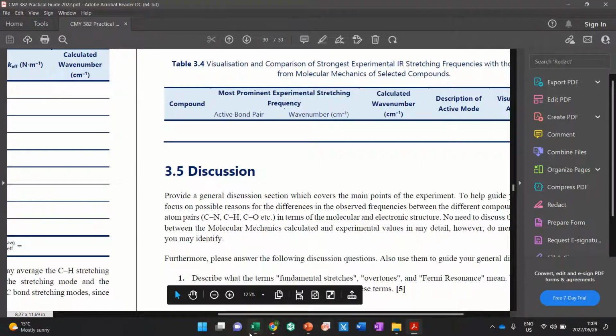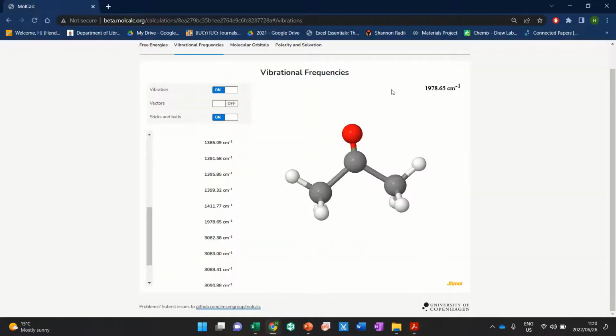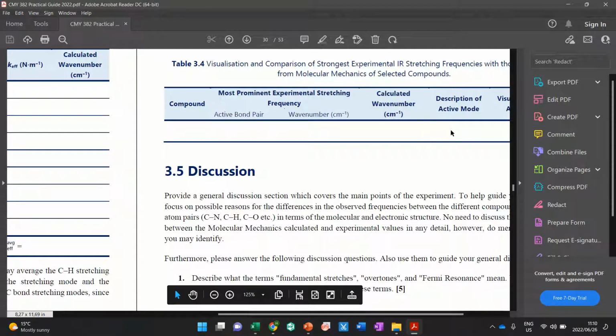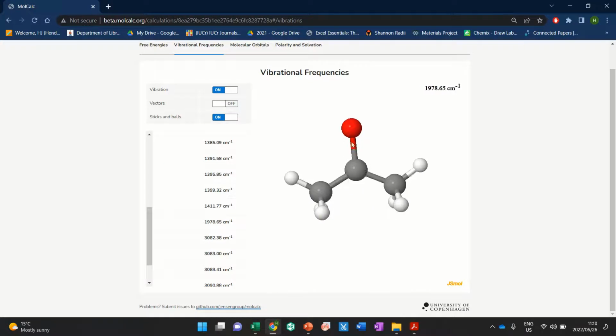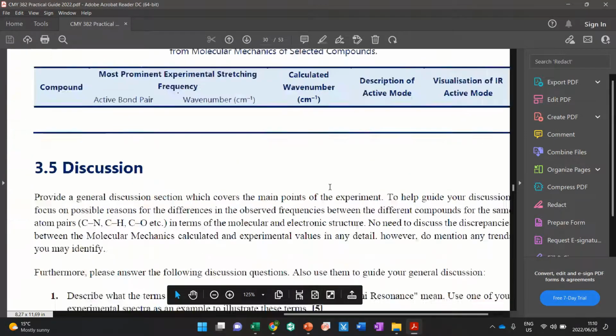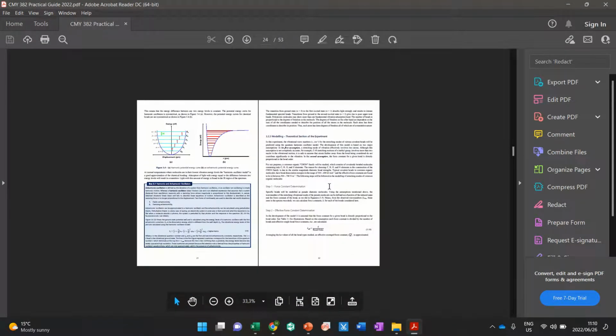Wave number, that wave number is that wave number over there. Calculated wave number is the calculated wave number over there. Description of the bond active pair, that's what I just did there. So in other words, this is symmetric stretch. They say CO is symmetric, CH is like a bend, for example. And you use this figure,